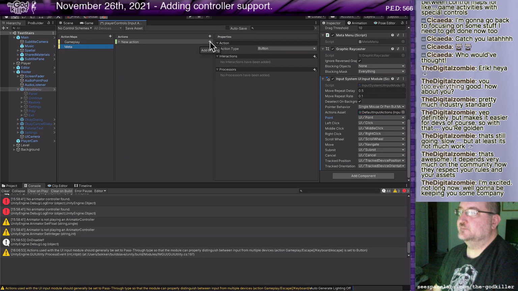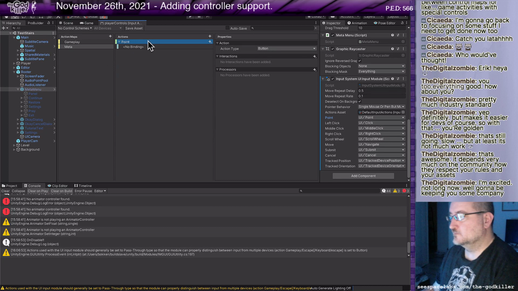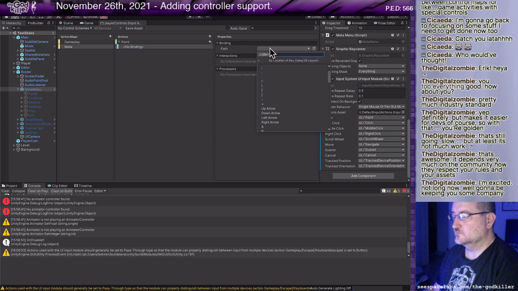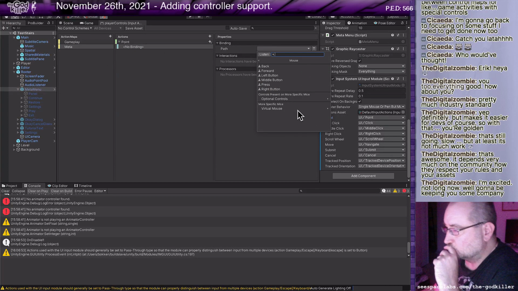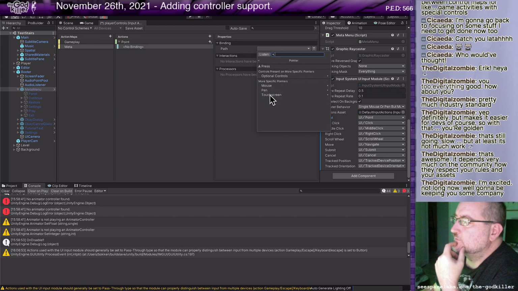New action. Point. Mouse. Pointer. Okay, mouse.